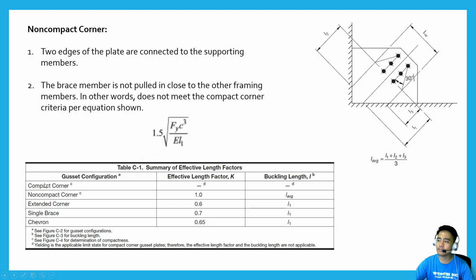So here in this table again, as you can see, for non-compact corner, the K factor is 1.0, but the buckling length will be L average. In this equation here, L average is the average of the unbraced lengths, where L1 is from the center, L2 and L3 are the outer buckling lengths. So